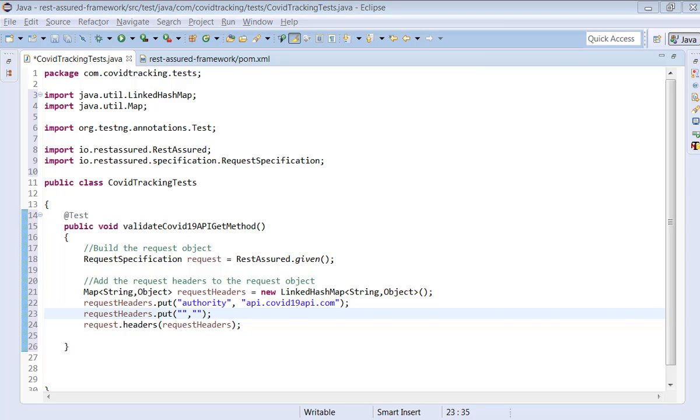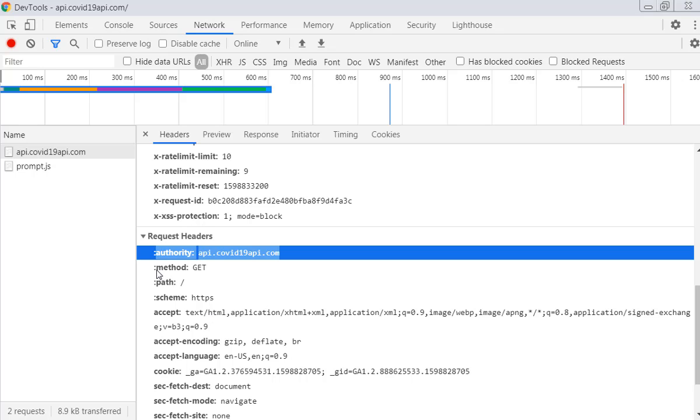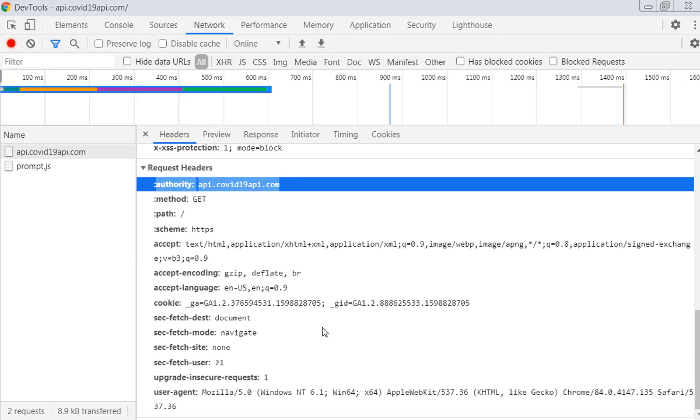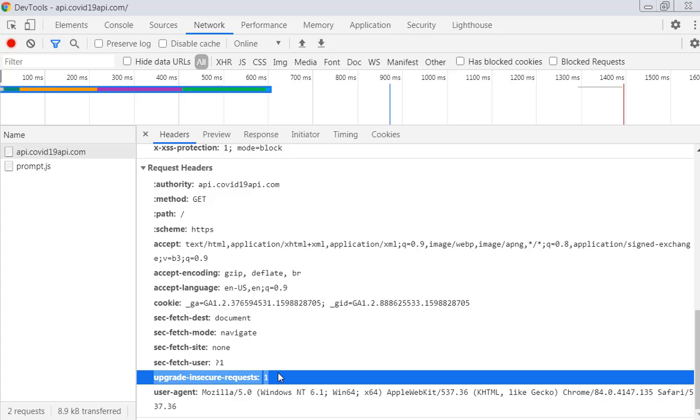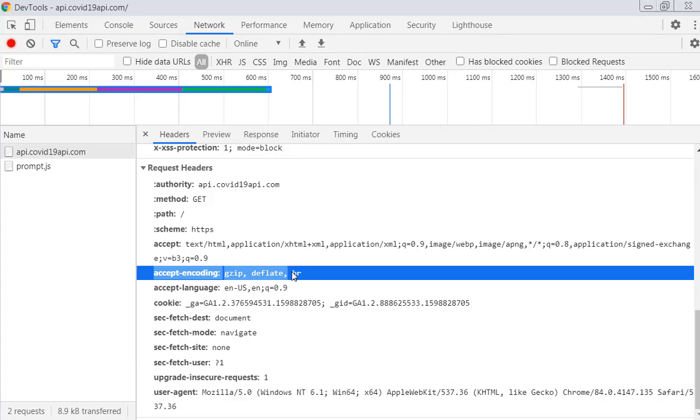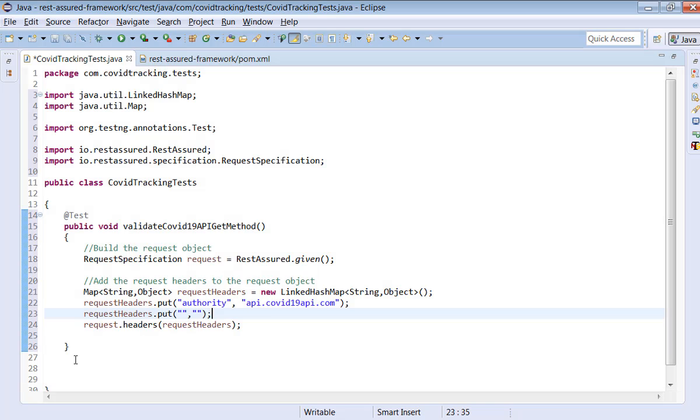Okay, let's take one more. The method is default get only, you don't have to set it. Suppose, for example, this one, or accept encoding. Let's take accept encoding.